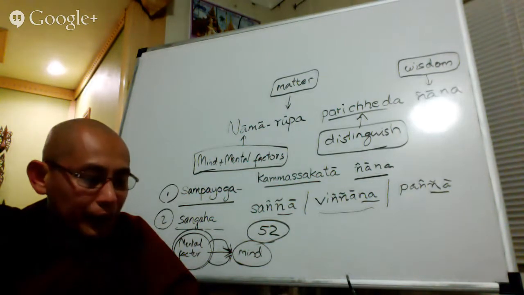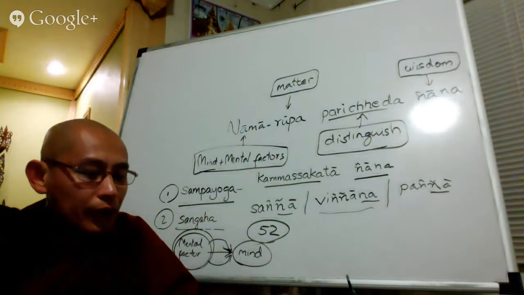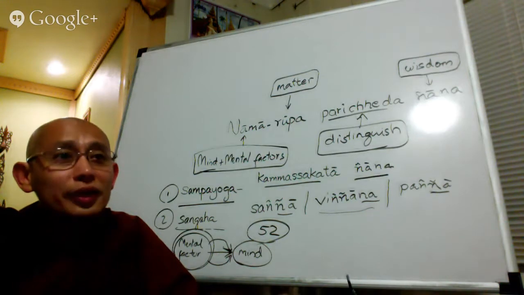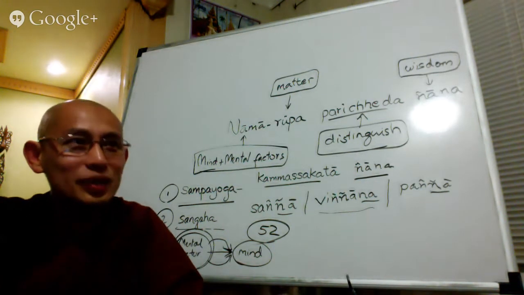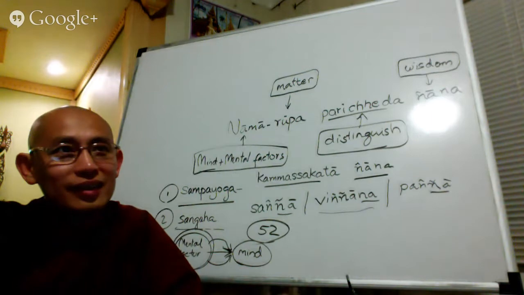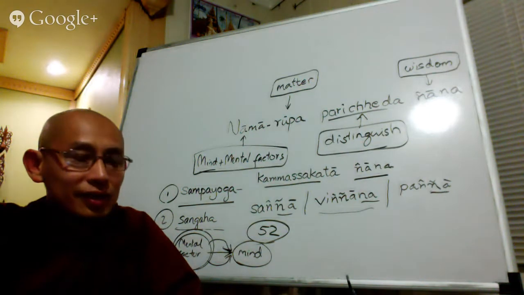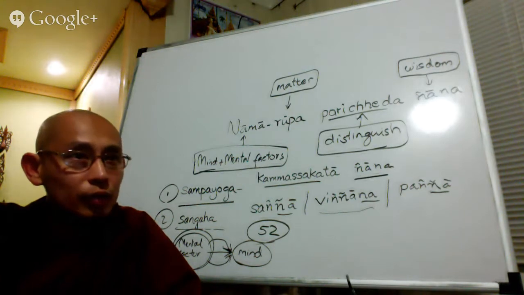Another Pakinnaka, Pakinnaka cittatika, Viriya. Viriya is making effort. So 12 akusala citta are associated with viriya. Without viriya, how can we finish a good or bad thing? Without viriya, we cannot finish the performance of a good or bad thing. So all akusala, all unwholesome minds, are associated with viriya, effort.